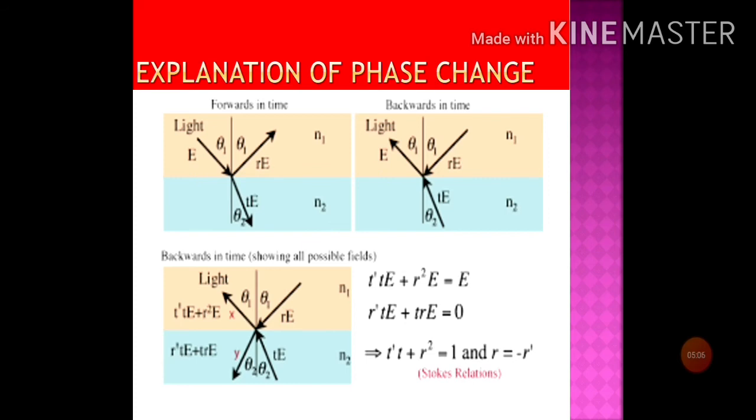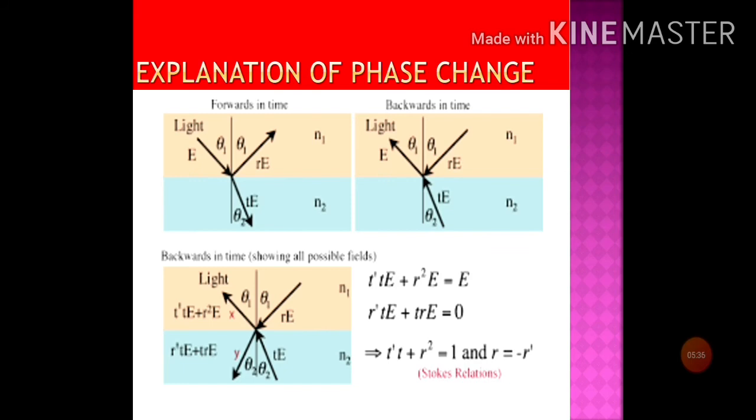And the other part of RE which will get refracted in the medium 2, what will that be? That will be RE multiplied by T, because T is the transmitting coefficient when the light goes from medium 1 to medium 2, right? So RE will produce two waves, one reflected having the amplitude R square E, and the other refracted having the amplitude TRE, you can see in the figure.